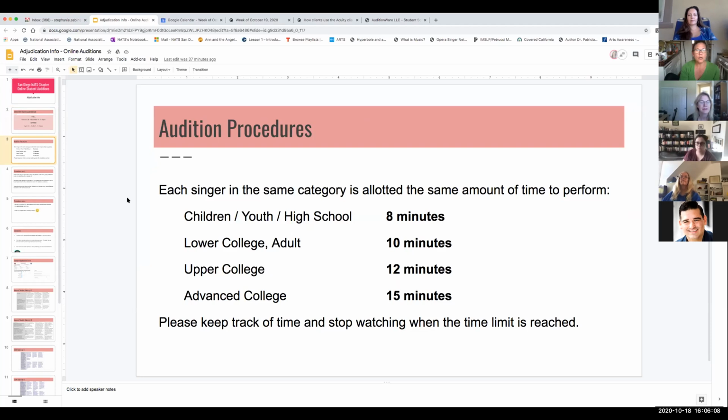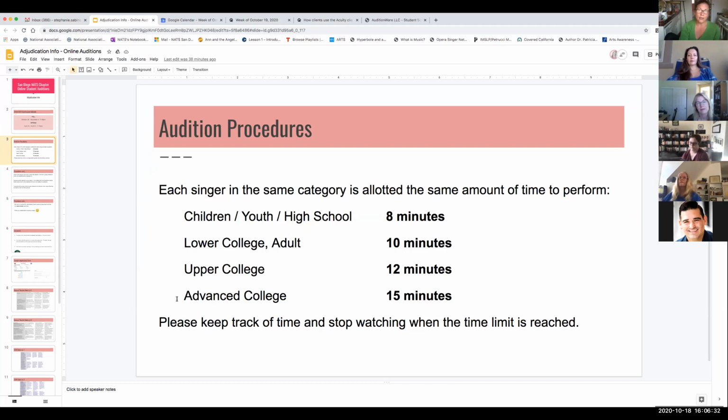All right, so for the audition procedures, as you can see, our children, youth, and high school get 8 minutes, lower college gets 10, lower college and adult gets 10 minutes, upper college 12, and advanced college gets 15. When we've had the auditions in person, we've always had a timekeeper.